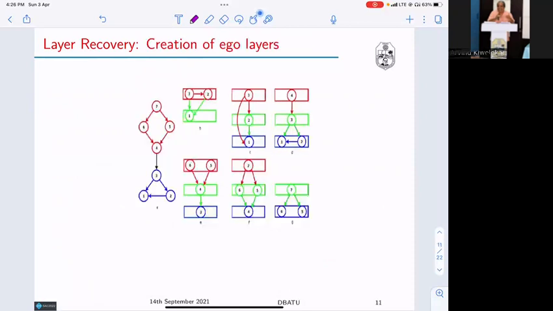Now, the first step in layer recovery is the creation of ego layers, and how it proceeds. I will first explain, and then we'll give the algorithm for this. The creation of ego layers proceeds like this. We can randomly select any node. Here we have selected node 1, and to this node 1, the edges